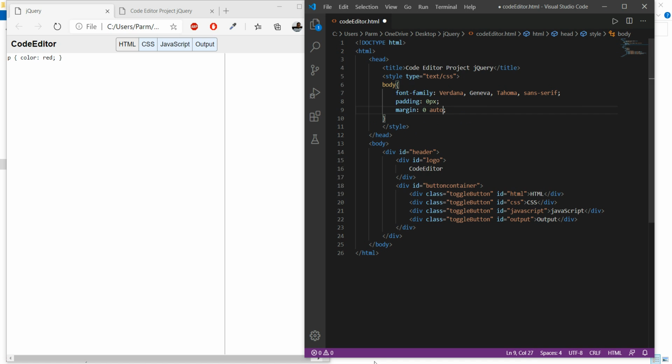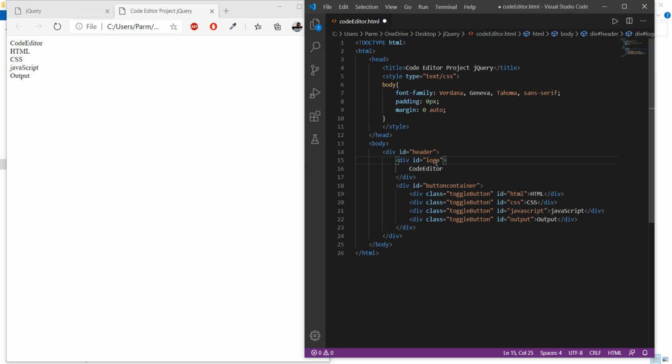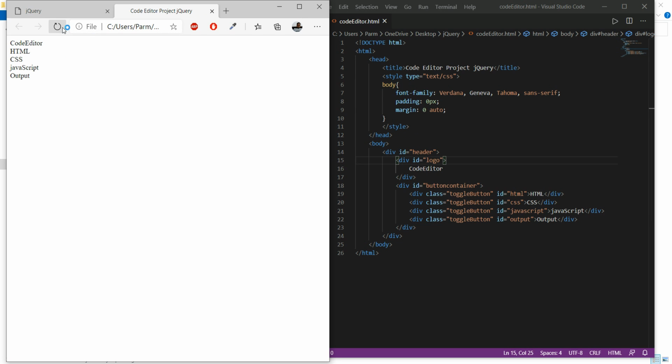Okay, it's done over there. So see the changes. Here we save the changes. Here we go, refresh it. Yeah, looks different. So the font is changed, updated over there. Now we have to write for its header.